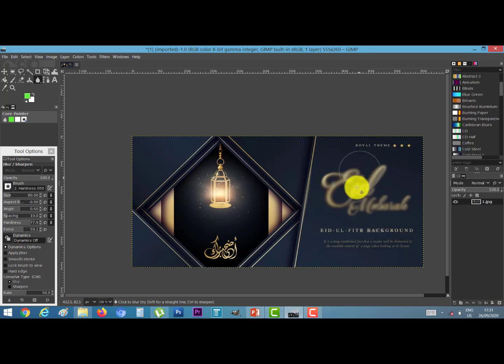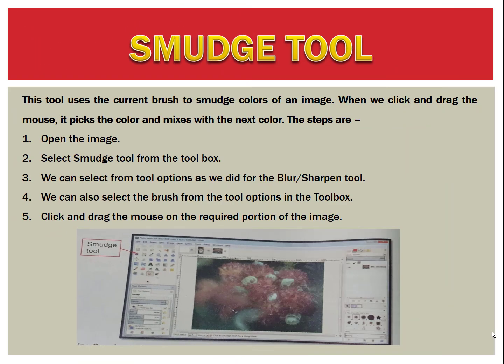Click on the mouse button and drag on the picture. Now release the mouse. Again click on the picture and drag it. Your picture will be blur. This option is blur and sharpen tool. You can change the property of the blur and sharpen tool from this side.